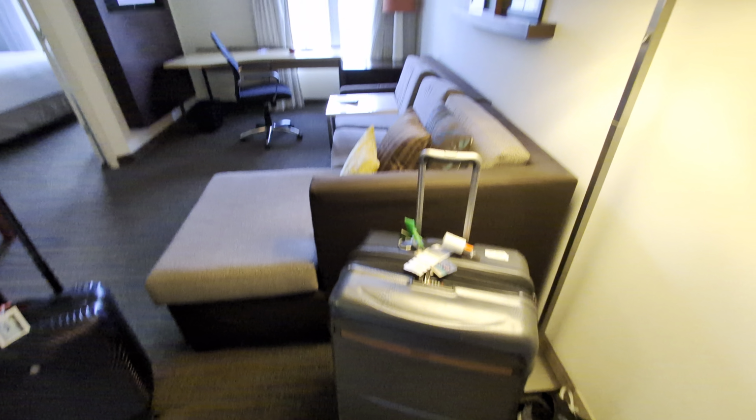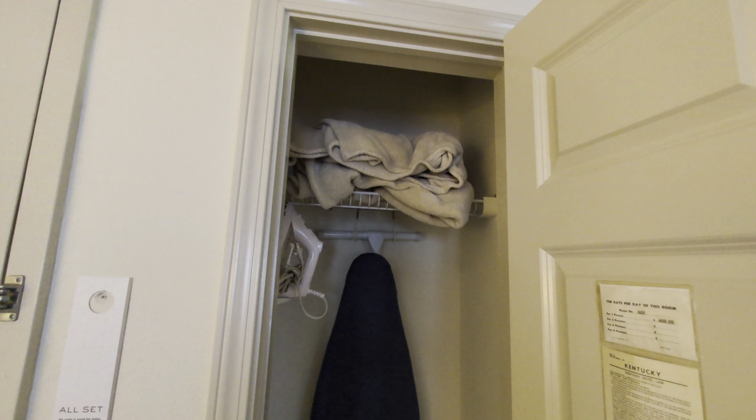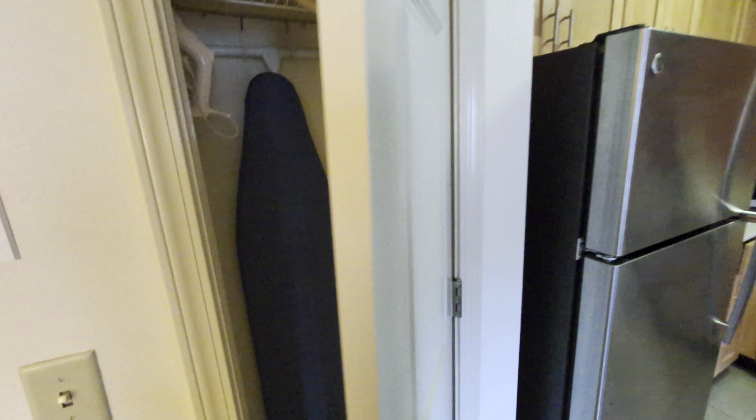First impressions are it's clean. It's a little dated, yeah, but let's take a look. First thing we got here, that blanket, I guess it's folded. Ironing board, a little closet. This thing looks old. Anyway,